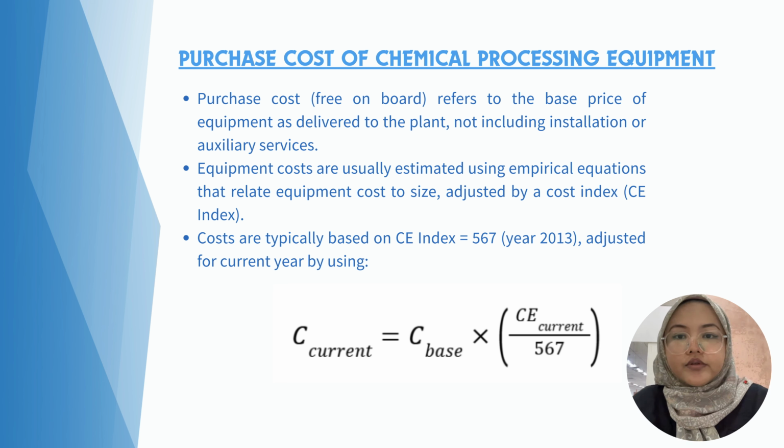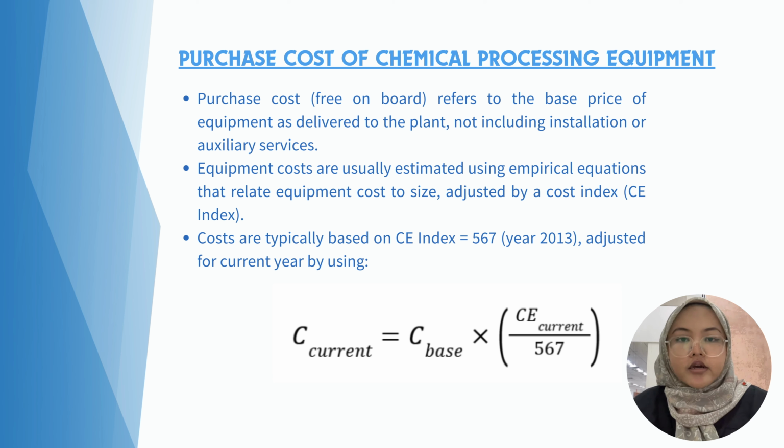Okay, so now I will continue with the purchase cost of chemical processing equipment. Purchase cost refers to the base price of equipment as delivered to the plant, not including installation or auxiliary services. Equipment costs are usually estimated using empirical equations that relate equipment cost to size, adjusted by a cost index, which